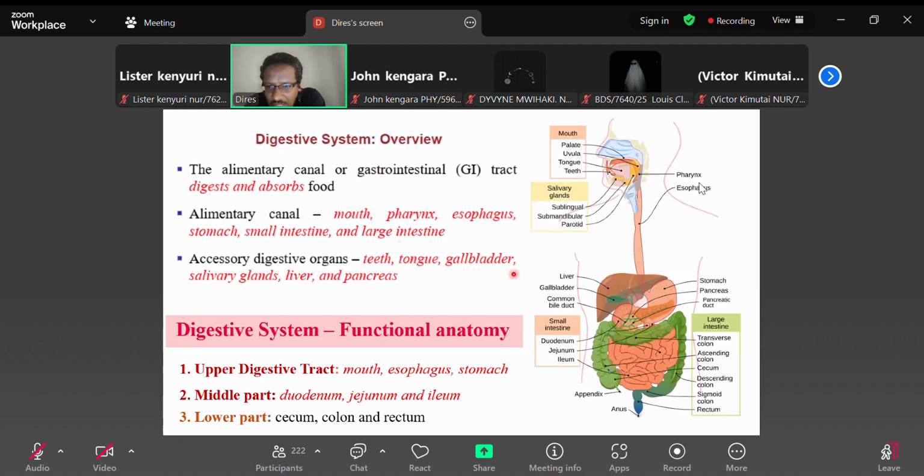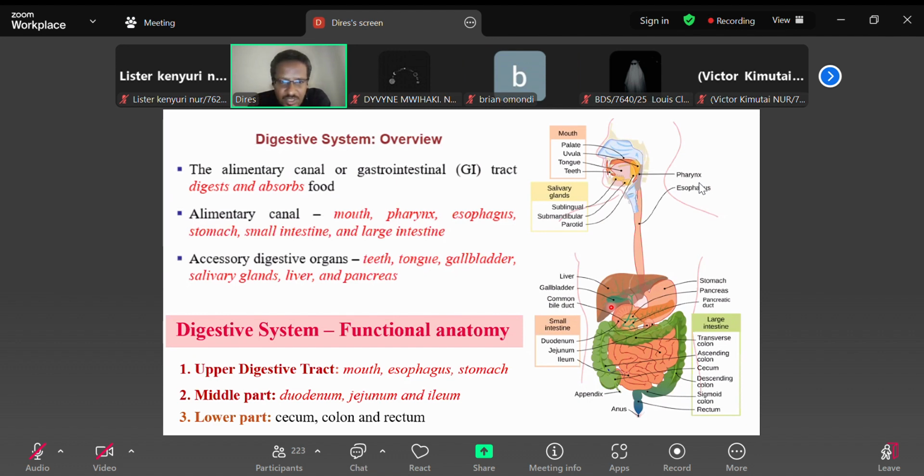All right. Let me show you this. Here is a gallbladder which stores bile, and this bile is released into the duodenum, small intestine. So is this gallbladder part of the alimentary canal or accessory organ? Accessory organ. An accessory organ, exactly. It's not part of the tube. Very good.